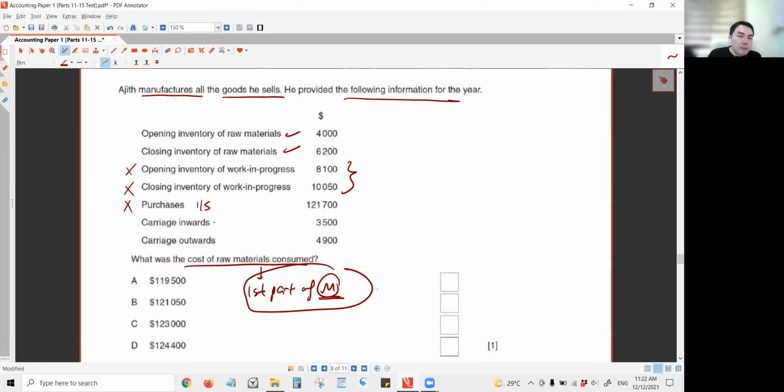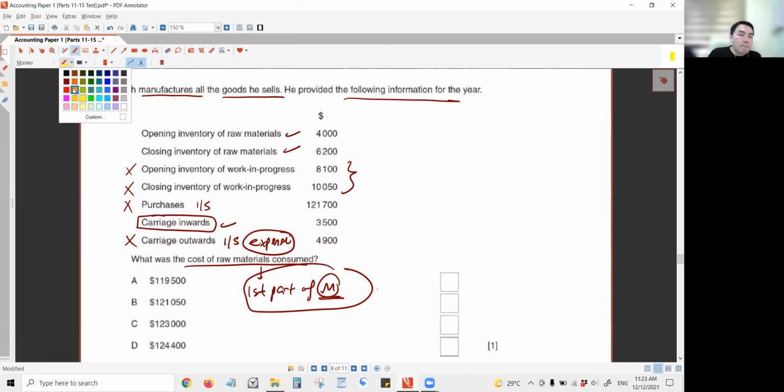Carriage inward. When they don't mention to you whether it's about carriage inward for raw material or carriage inward for the finished goods that you bought, you have to assume that it is for the raw material. So you have to take this. Carriage outward is in the income statement expenses section. So don't take this. That means you only need three numbers. You need this, this, and this. You take opening raw material plus,